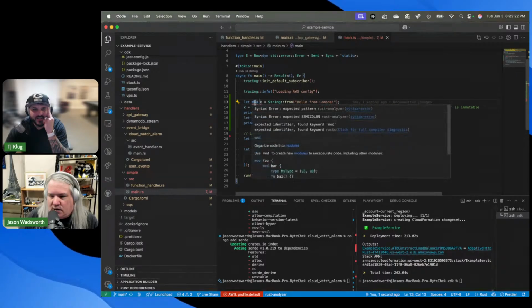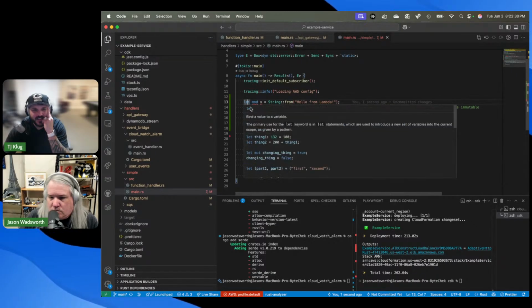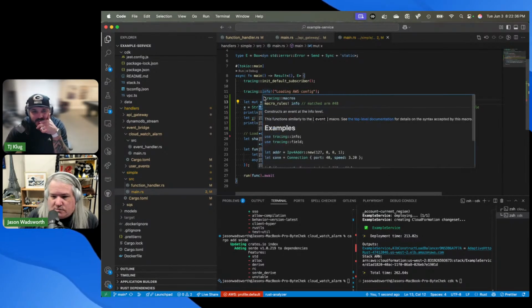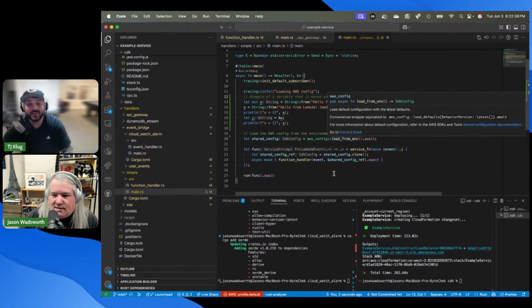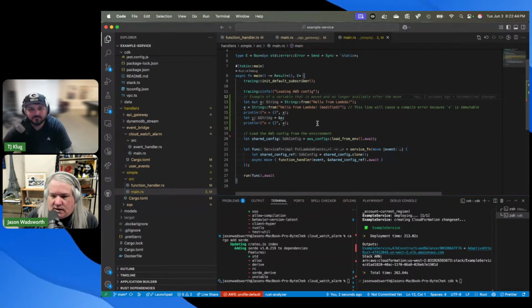Why is it not liking that? Oh, because you've got to get rid of the let? Oh, not mod, mut. Oh, mut, yeah. And now you can. Now you're saying it's something I can change, not immutable. We're always pleasing the JavaScript crowd.